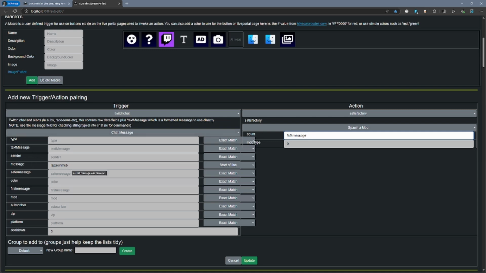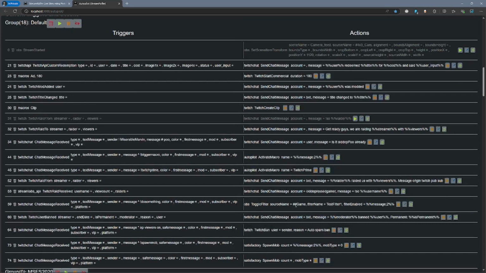And because we don't want the spawn mob bit, what we want is whatever number they pass after. So if they pass a number, we want that. So we will do % message colon, and then we'll do the second thing on that line. So whatever comes second after spawn mob will be dumped into here. So if I click update now,